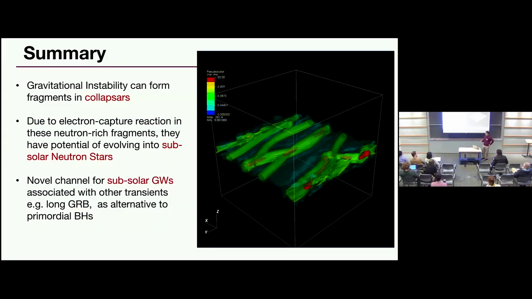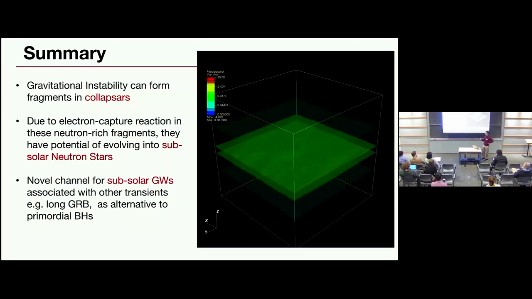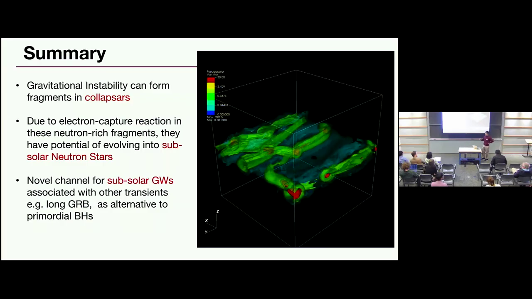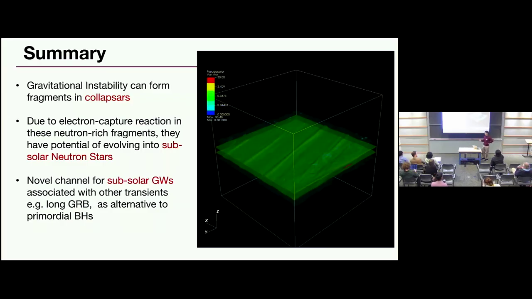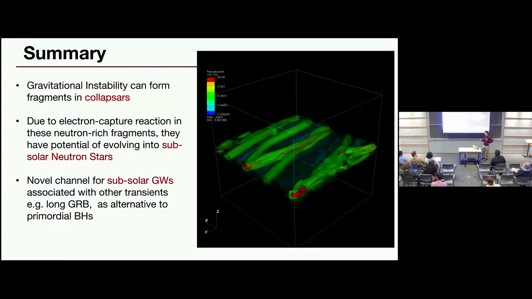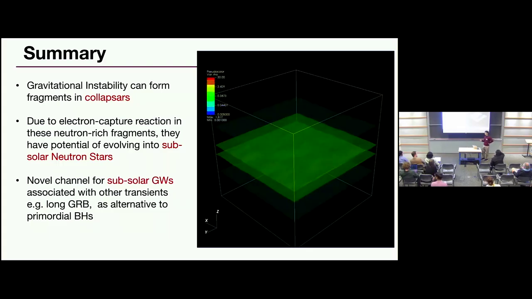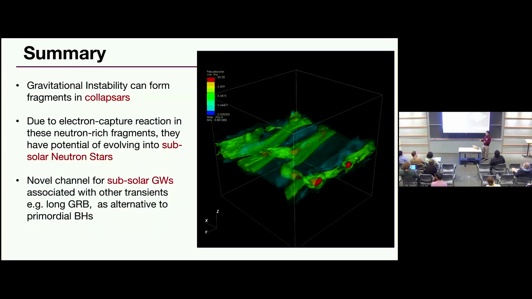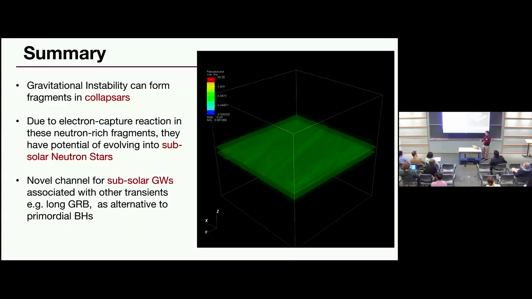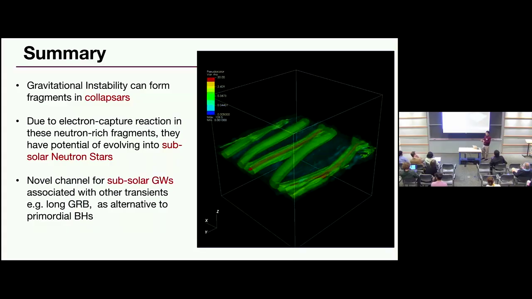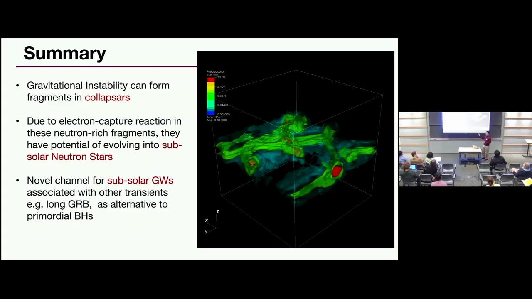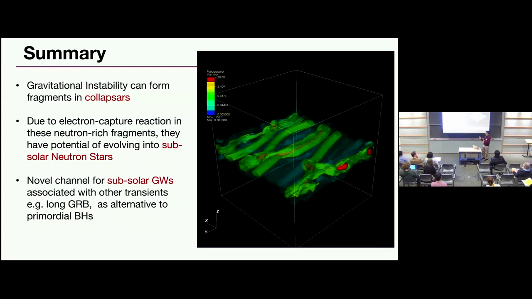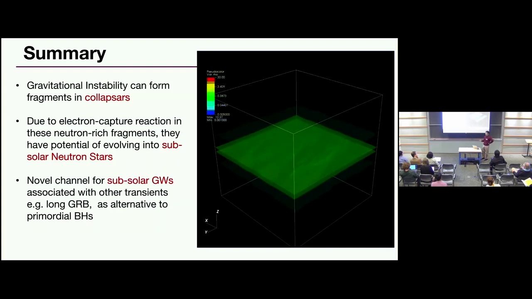I think people have modeled just taking an isolated neutron star and letting it go down to 0.1 solar masses if Y is very low. Then the conclusion is that in totally isolated environments, it's unstable on the weak interaction timescale, because it will try to become an iron core of the same mass, since the binding energy is not negative enough. But if we form these very quickly in the collapsars, the inspiral will be quick enough, so they will not disrupt due to these weak interactions before they inspiral into the center.